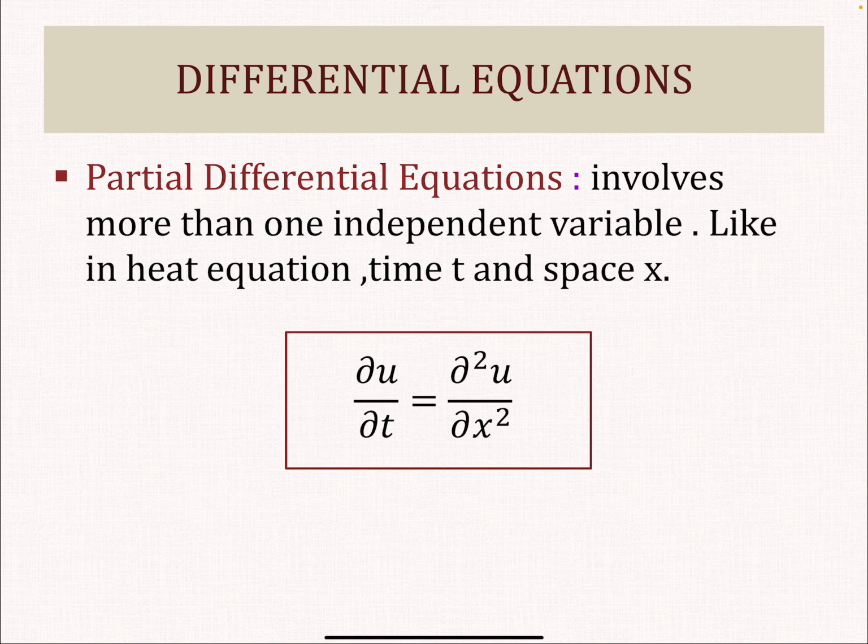In the other case, the partial differential equations, there is more than one independent variable. One example is the heat equation, where the independent variables are time and space. It may be one dimensional, two dimensional, or three dimensional space. So moving ahead,